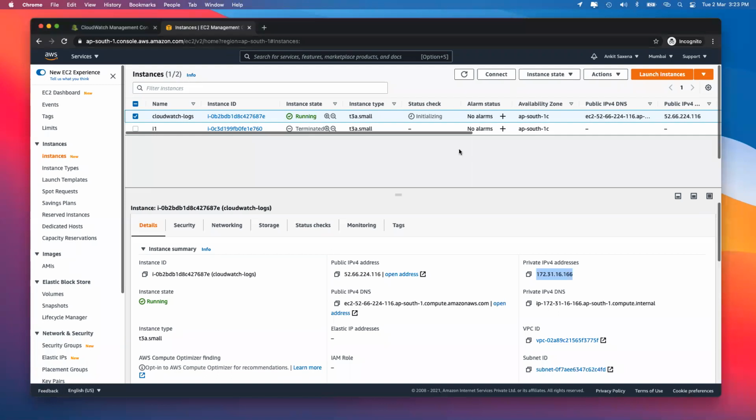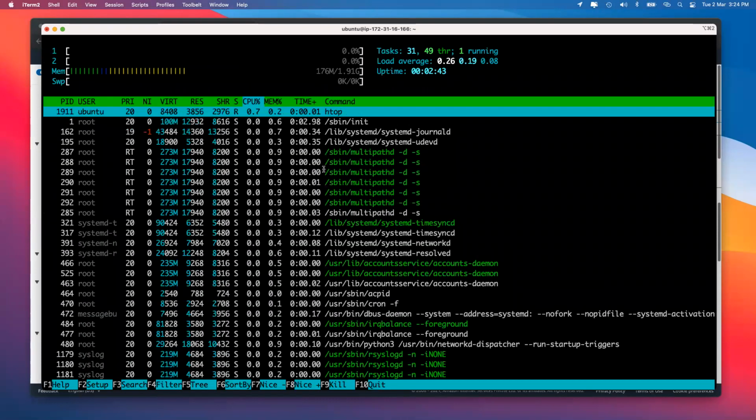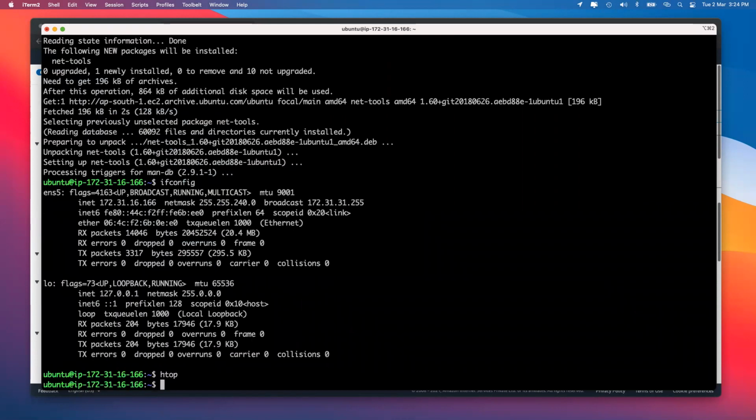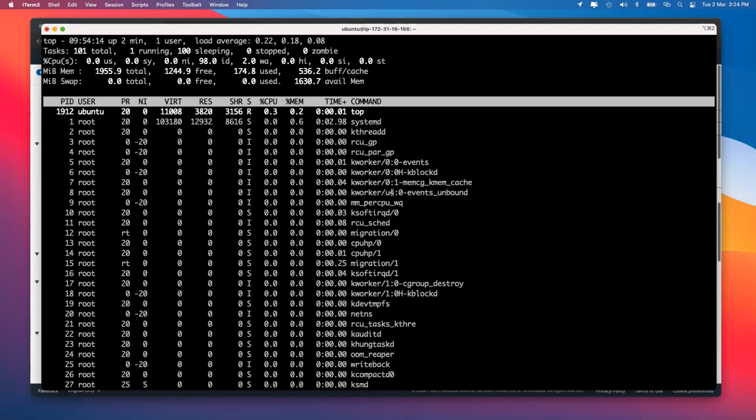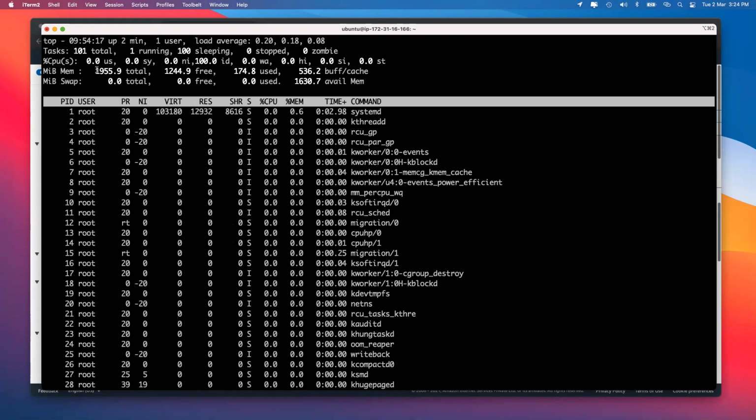Although if I want, I can also go to my instance and see that, yes, indeed, I do have my machine private IP, which is like this. Now, I will just run the processor view. So this is like your task manager. There are multiple ways. You can go for top and it will show you the commands, or you can go for htop. So you can use any one of the commands. As you can see, I went for a 2 GB instance, so I have approximately 1955 MB of RAM inside my machine.